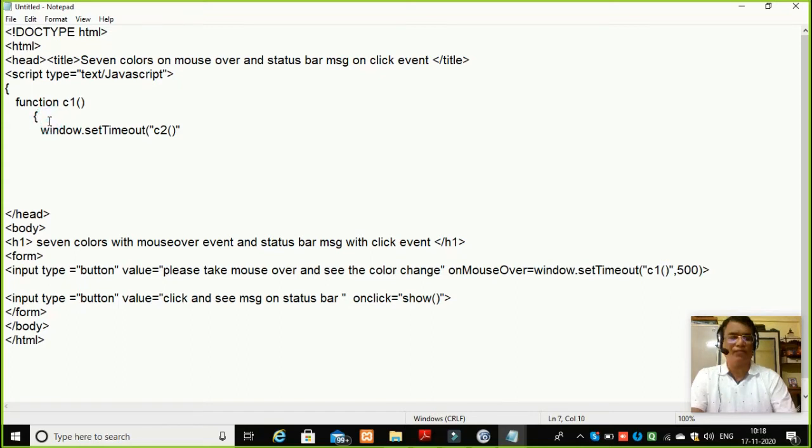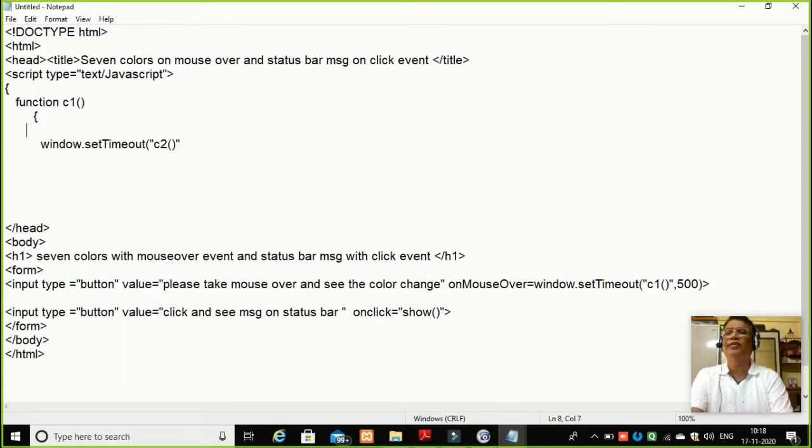So I will write document dot bgColor. Here document.bgColor is going to define the page, known as the document, which is loaded right now with the form on the screen.